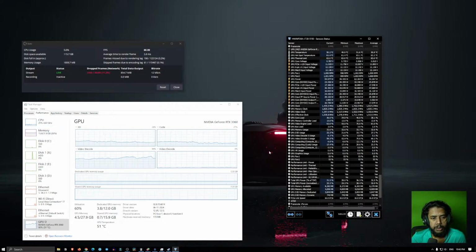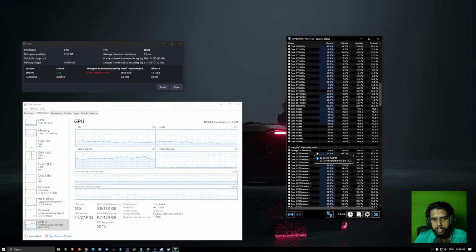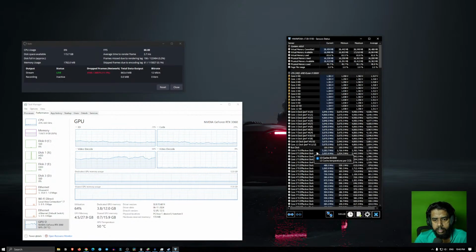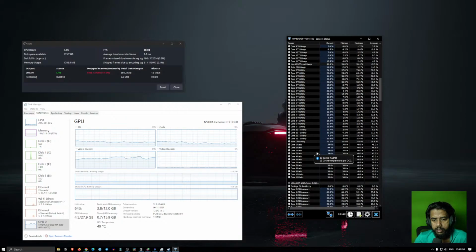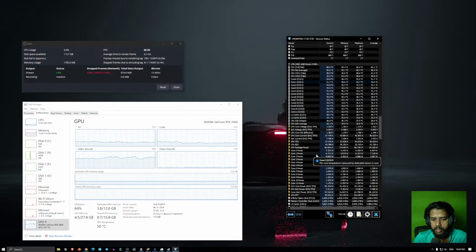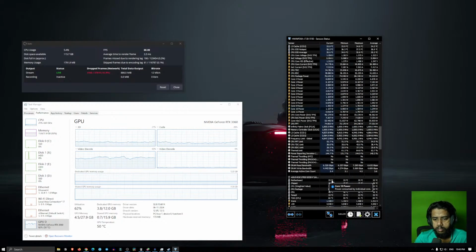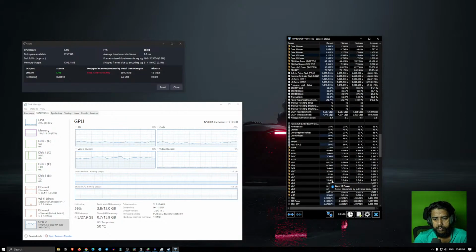Same goes for CPU. CPU is never loaded, to be honest. Let's check the CPU usage as well in terms of power and stuff. Okay, CPU usage is also fine.